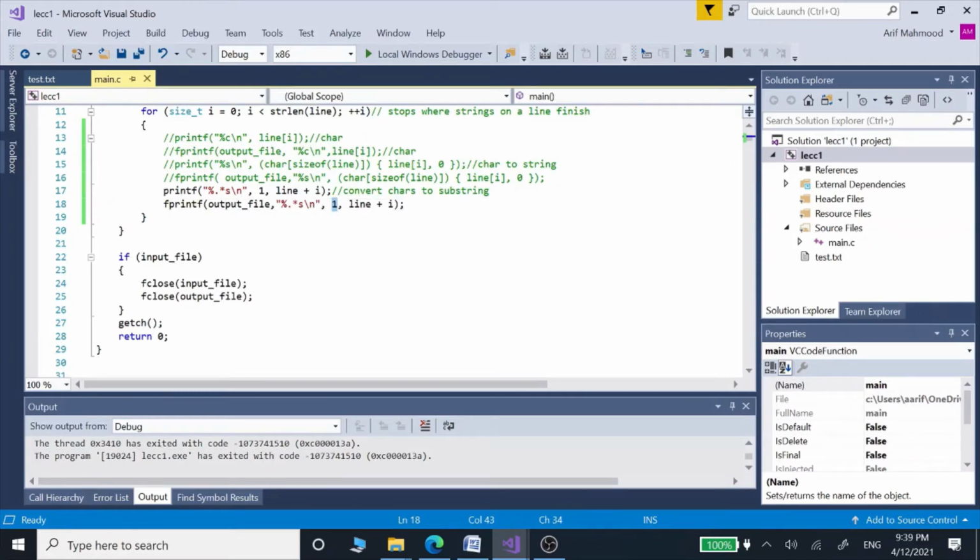But if we give multiple, like 2, 3, 4, 5 characters, then we are going to see that this code line is going to combine some letters of type char into a substring, and we usually do that with conditional statements like if or else. Like we can say that if there is a semicolon coming, then you can combine up to those letters of type char into a substring.